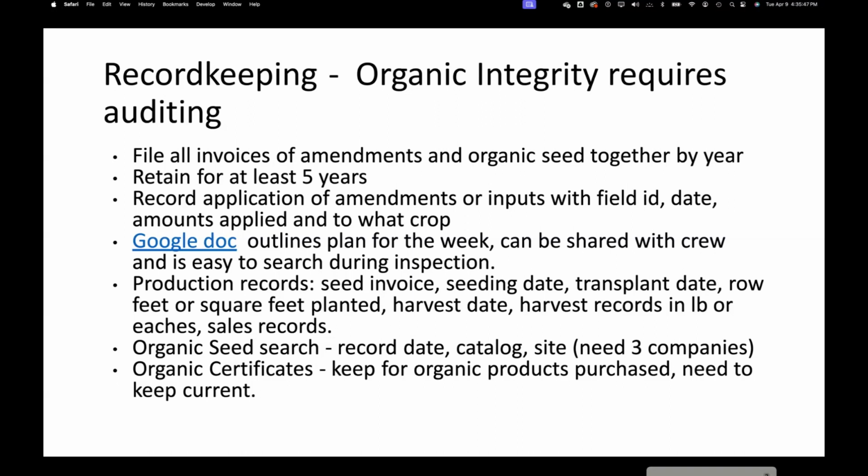So maybe there's 20 pounds of tomatoes on that sales record. The inspector will say, okay, what field did those tomatoes come from? So perhaps that's your home field, number one. And the inspector will ask, okay, so what was the date of harvest? Well, we just harvested those a couple days ago, April 1st. And